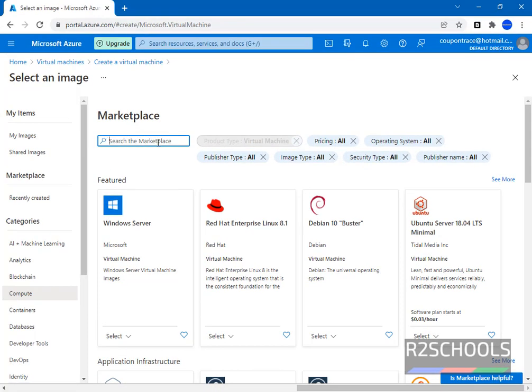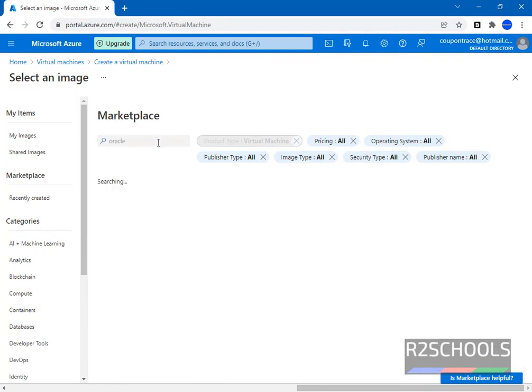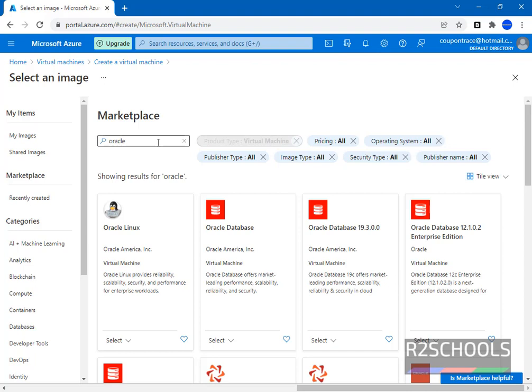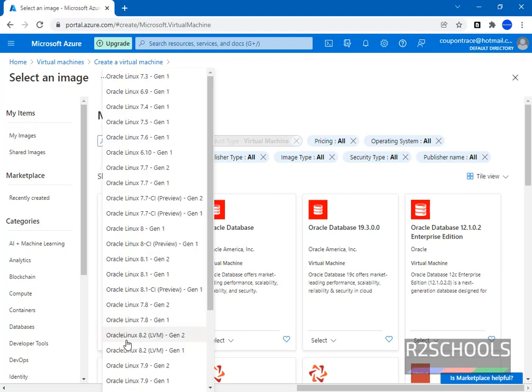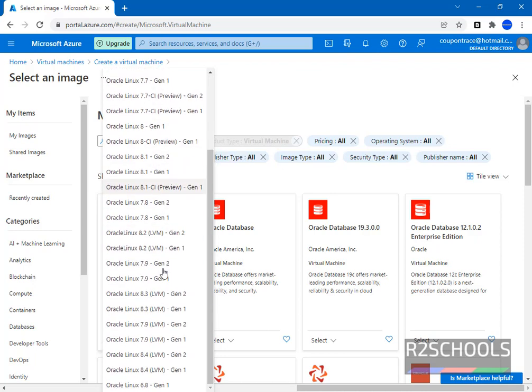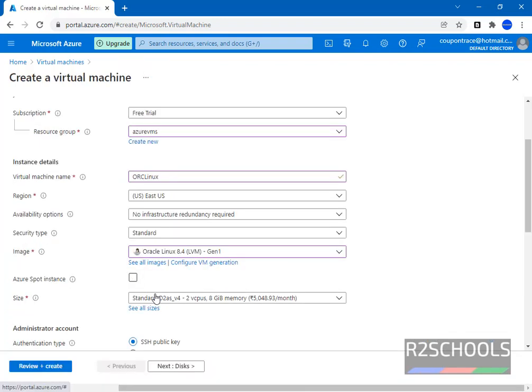Then search for Oracle Linux. Then click on the select button. See, here we have these many operating system versions available. Select any one of them, and if you want this as spot instance, then click on this checkbox.